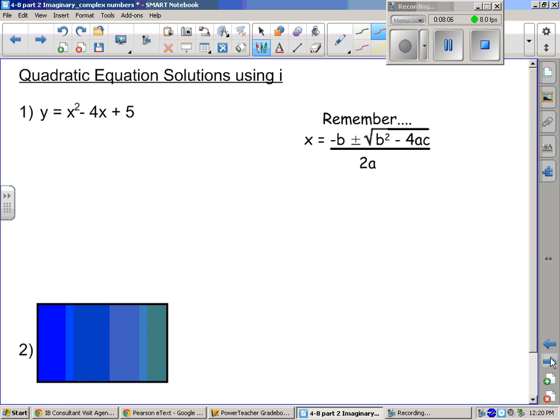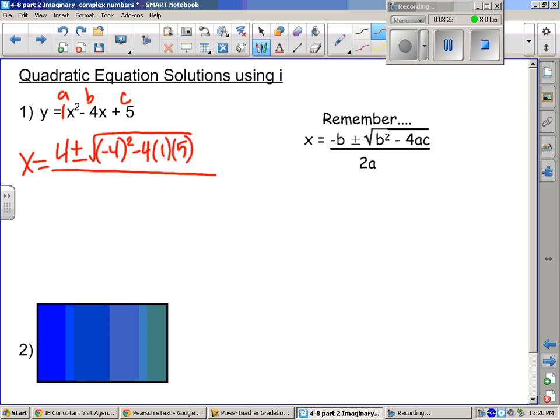All right. Make sure it's in standard form. Our a is 1, b is negative 4, and c is 5. Plugging it into the quadratic formula, opposite of b, plus or minus the square root of b squared minus 4ac. Like how you use the parentheses to watch out for the negatives. That's right. All over 2a. And notice my fraction bar is nice and big. Covers everything. 4 plus or minus